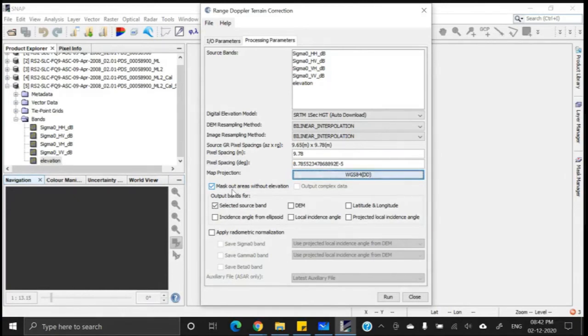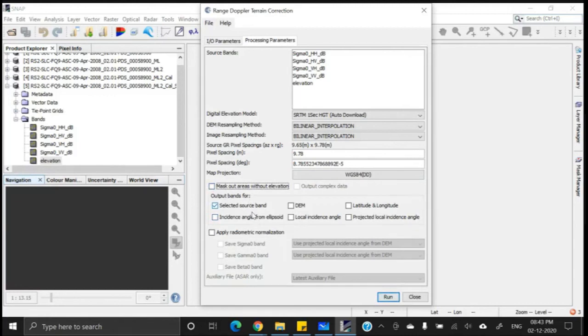the processing faster. But if we want to find out the oceanographic features, or the oceanographic applications are also there, like we want to determine the sea wind, sea direction, ships, oil spills, or the sea ice, so all these applications will definitely require the sea areas. So we are not going to mask the sea area, we are turning it off.